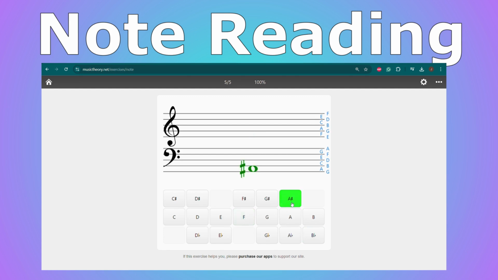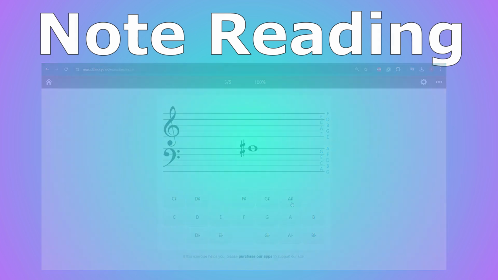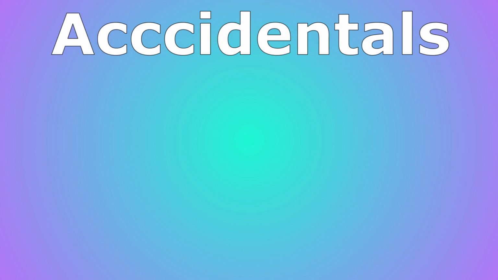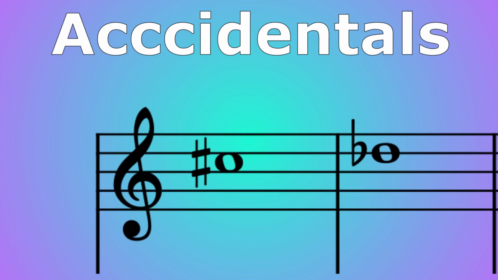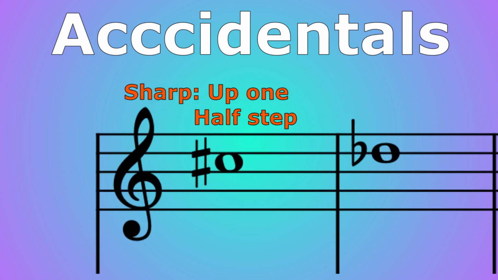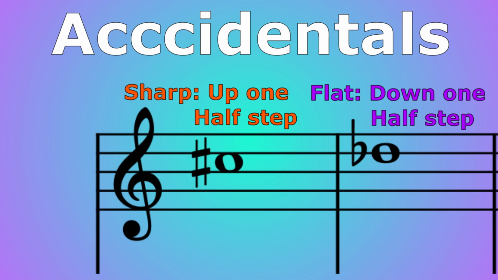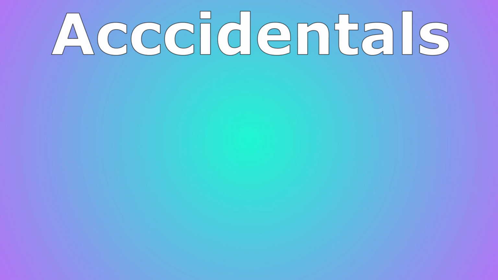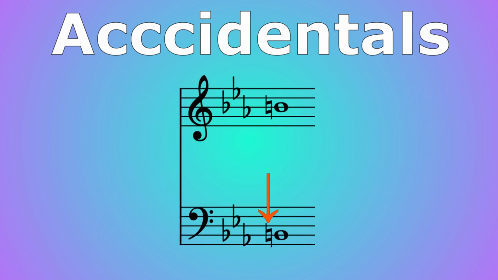note reading. Closely related to note reading would be the addition of flats and sharps, whether this comes in the form of accidentals, which are flats or sharps attached to a note, or a key signature, which is flats or sharps attached to the clef. These symbols alter our notes by a half step, a sharp up a half step, and a flat down a half step. While a half step is the smallest distance we can move, it can have drastic ramifications on the sound of our music. The final symbol to be aware of would be the natural sign, which cancels a flat or a